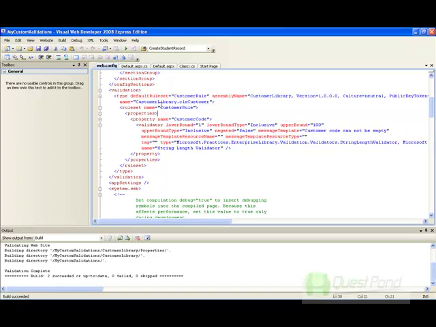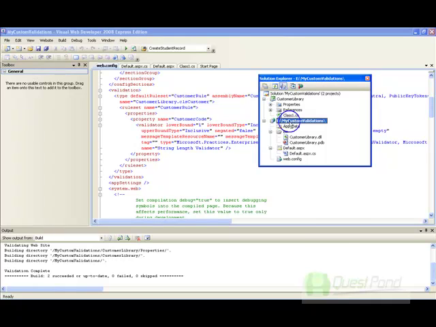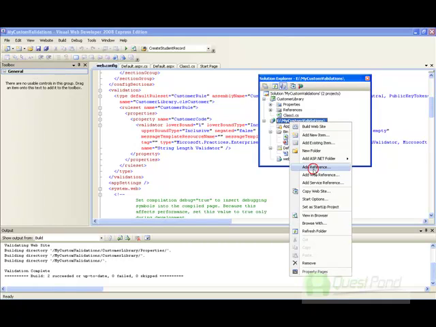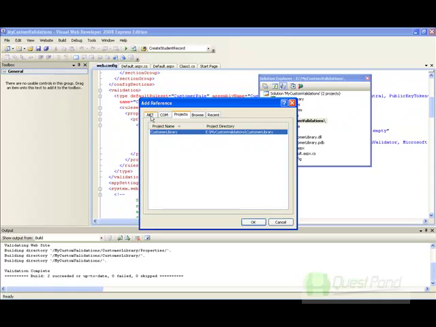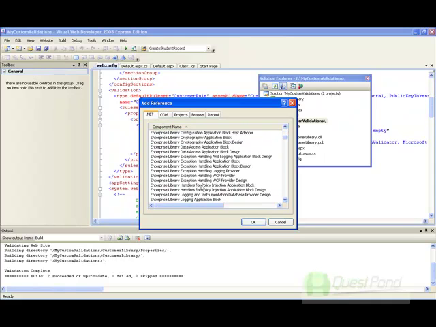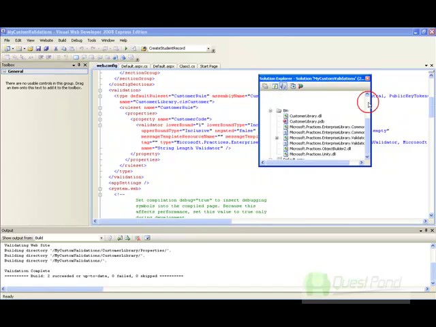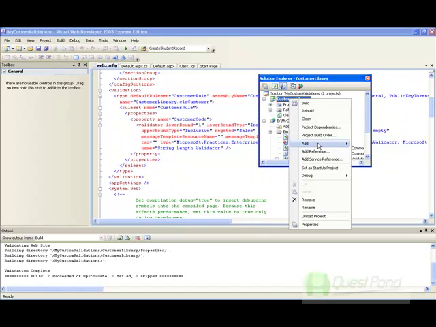Now we need to make some code changes in order to incorporate this. The first thing is we need to add a reference to our Microsoft Enterprise Validation Application Block. Great. And also let me add in my class, because